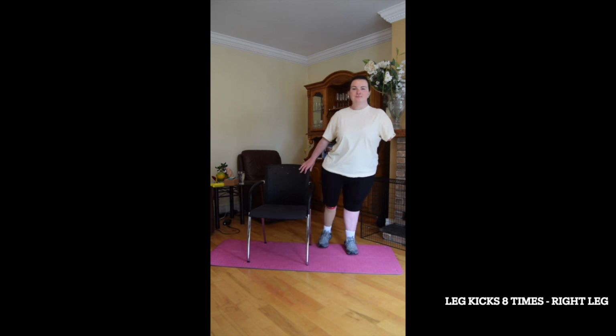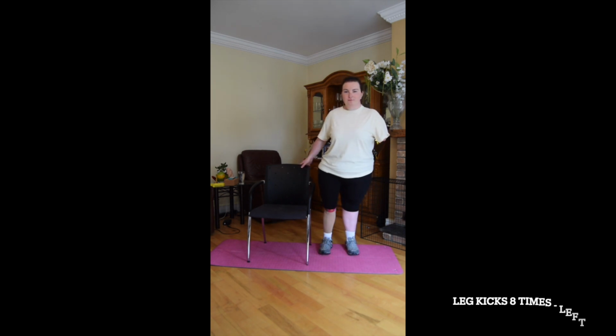Make sure you keep your leg straight and your upper body upright. Do your best to keep your balance and don't swing your leg too high in case you hurt your hamstring. Now we're going to swap over to the left leg. Away we go, and 1,